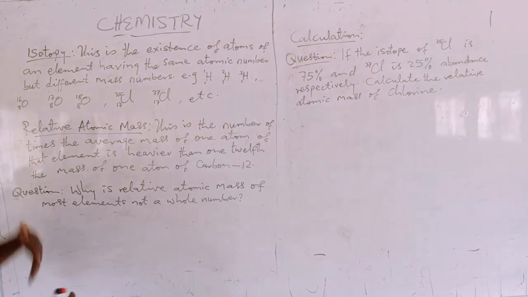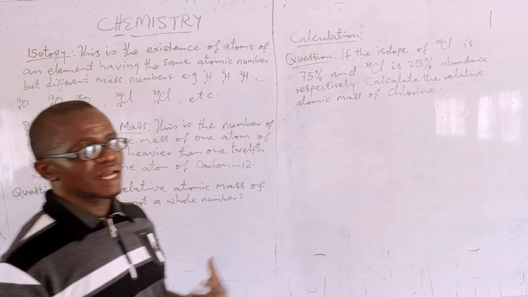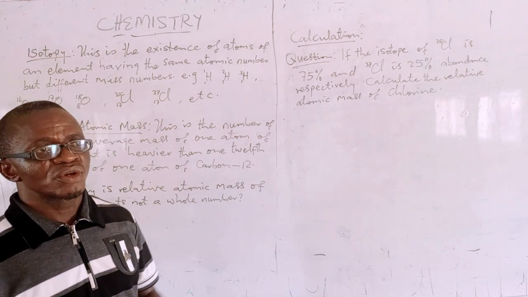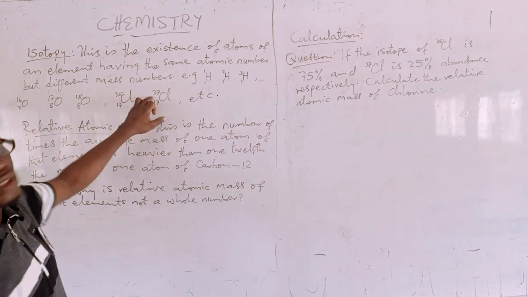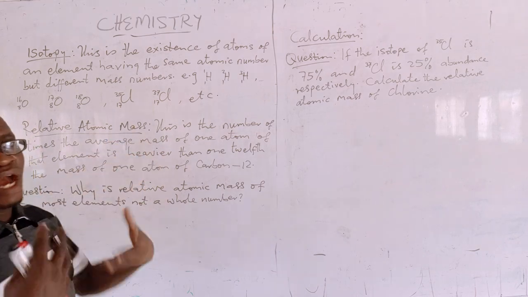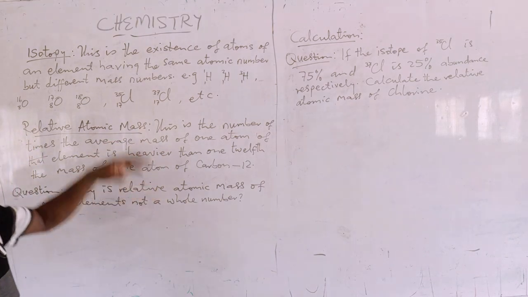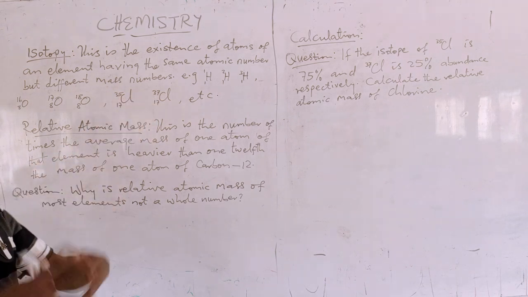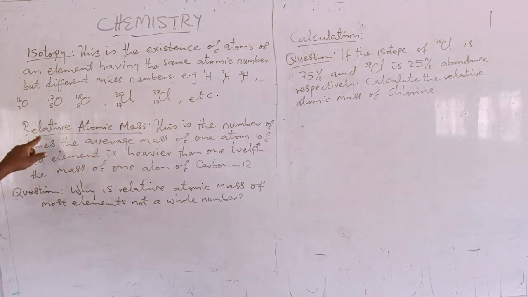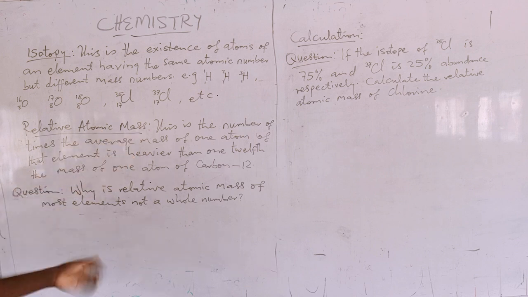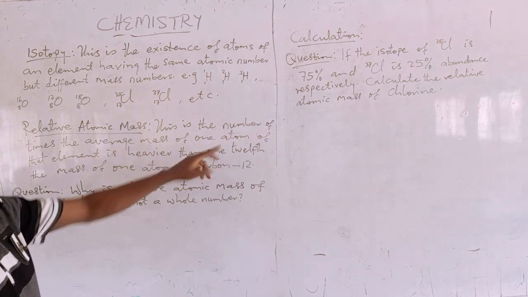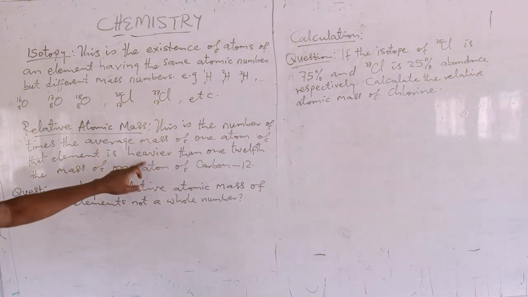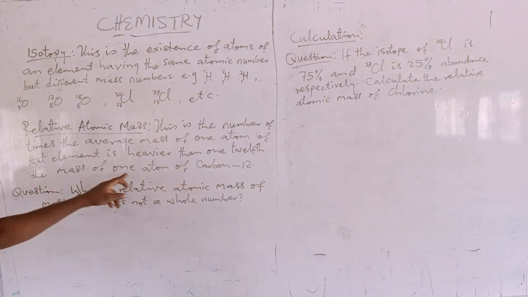Okay, now we move down to relative atomic mass, because if we are to use the atomic mass to do calculations, which of these masses are we using? For chlorine, are we using this? Are we using this? Because of that, we have to find the average by comparing them together. The average results in relative atomic mass, which says this is the number of times the average mass of one atom of the element is heavier than 1/12 the mass of one atom